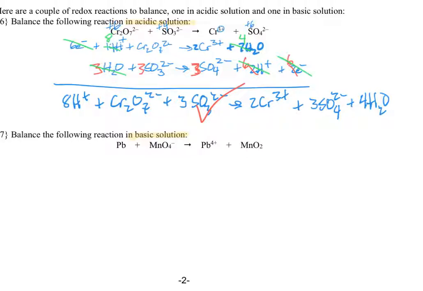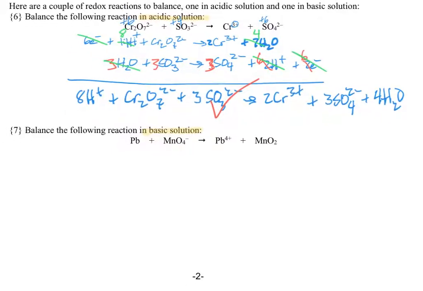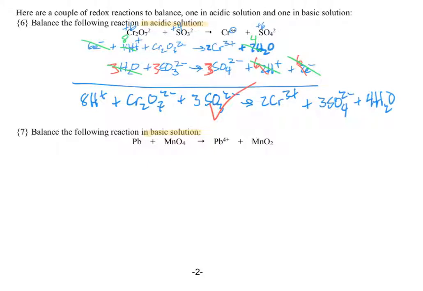Because if you look up above, steps 1, 2, 3, 4, 5, 6, 7, 8 are all the same. So I'm actually going to work with this reaction as if it's done under acidic conditions. And so the answer I would have if it were done under acidic conditions, and you should work through this yourself to make sure you can get to the same spot, I would have 16H plus